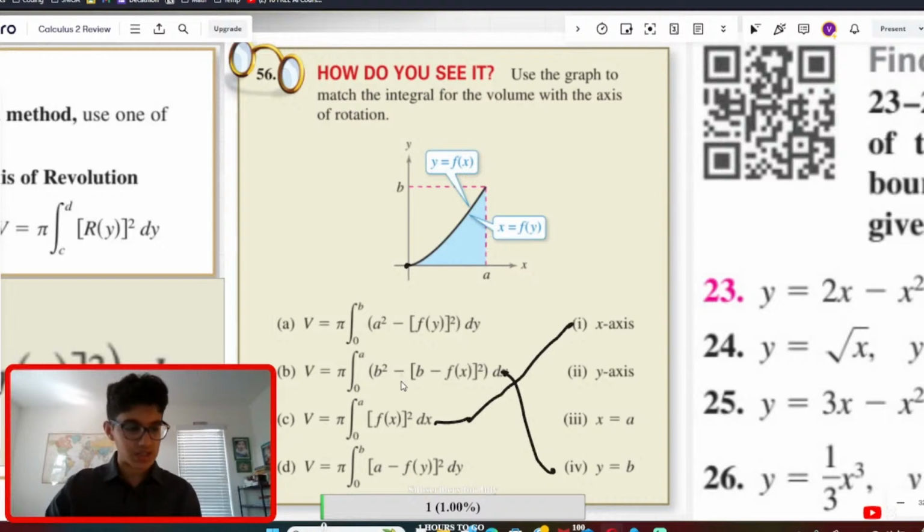There's another way to figure this out. It's basically you're rotating it about the b axis, right? You want to find this area, so you do this big function, b squared minus, and then you try to subtract all of this stuff, and each of these heights over here is just going to be b minus f of x. So you subtract that, and